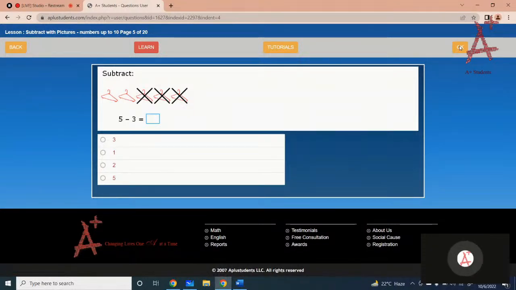Okay, you have 5 of the hangers. 3 of them are crossed out. So that means when you start with 5 and take away 3 of them, how many hangers are you left with? You need to count the ones that are not crossed out. So 5 take away 3 equals